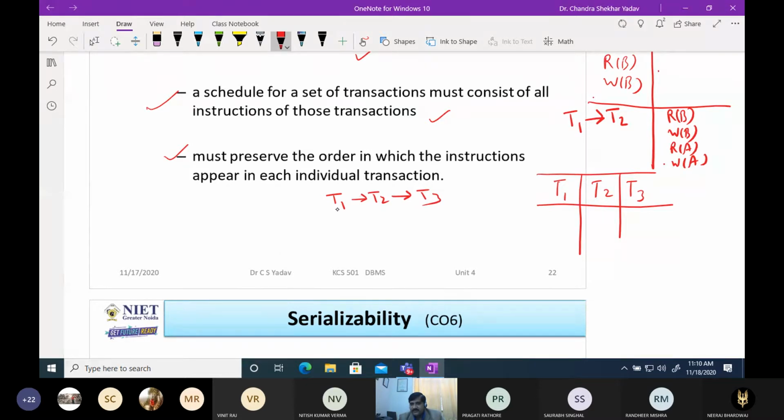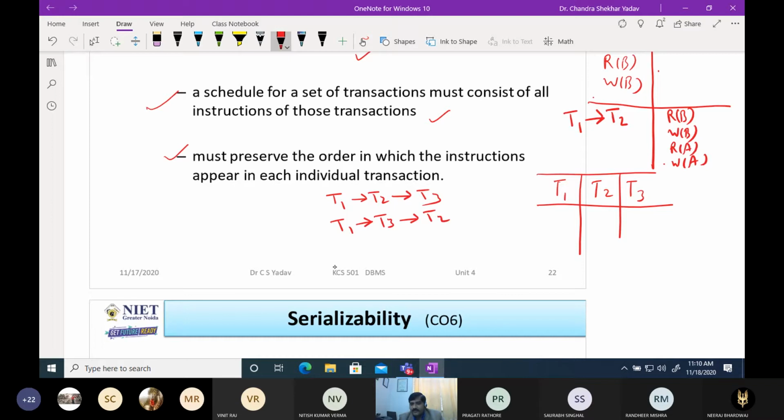First, we will finish T1, then we will start T2, and after the completion of T2, we will start T3. So this is a serial schedule. The second serial schedule is: first we execute T1, then T3, then T2.